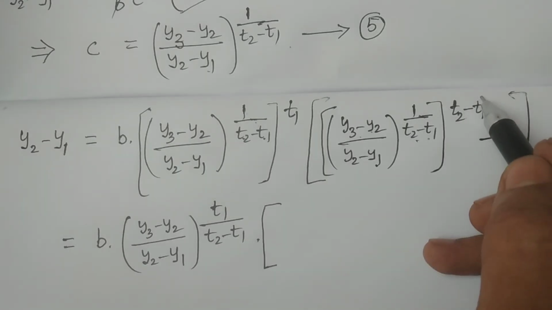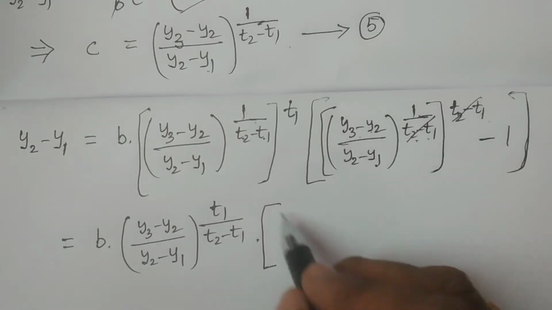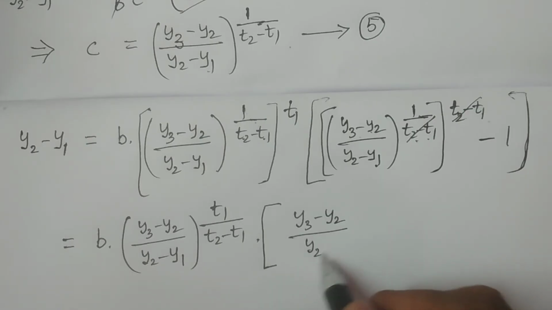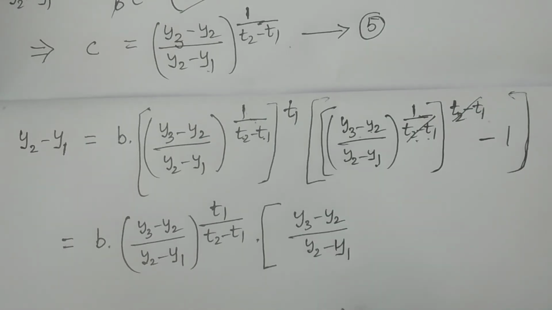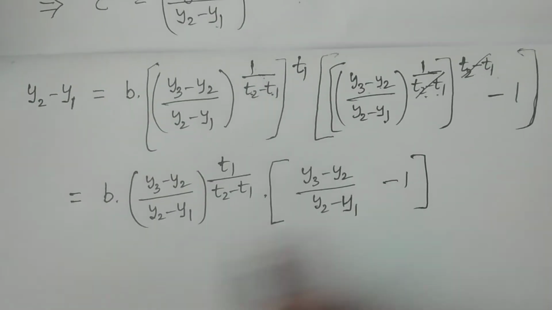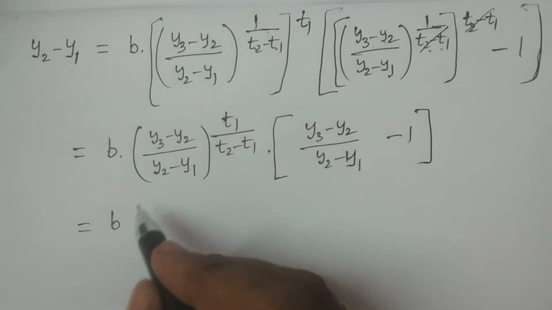So these two powers will get cancelled. Therefore, t2 minus t1, therefore it is simply y3 minus y2 divided by y2 minus y1 minus 1. That's it. So if you simplify this, it is equivalent to b. Then we can calculate b. So it is equivalent to b